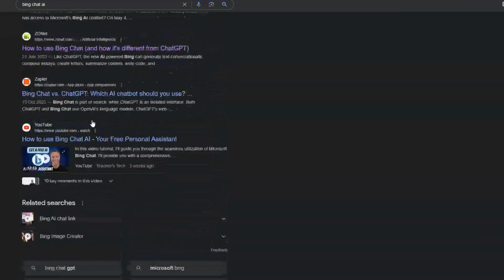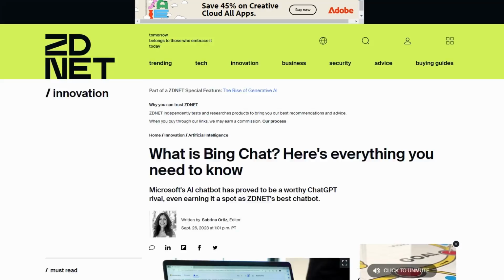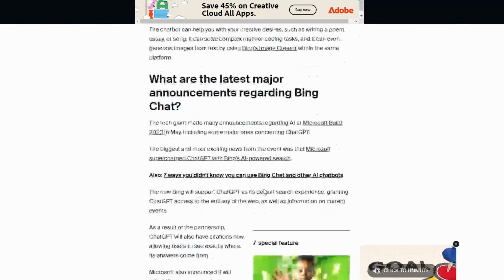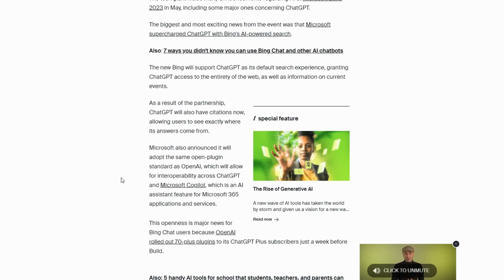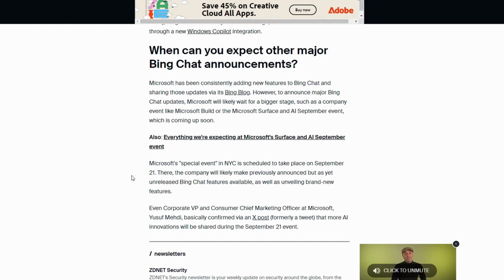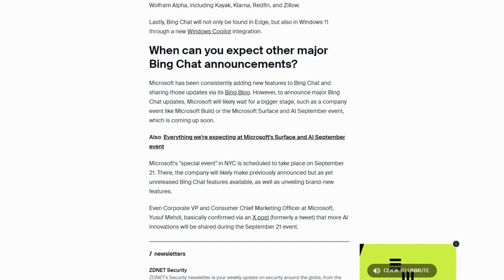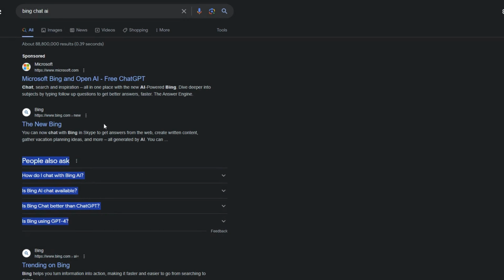And the next one I'm going to use is this very recent article by ZDNet. It was published on the 26th of September. We can take a look at this one here. It's not a massive article, but it's ranking really highly, and it's probably ranking for a few reasons. ZDNet's pretty popular, but also it's got a lot of really good information about Bing Chat, what it does, and how to get the most out of it. So we're going to take a note of both of our reference articles and also our People Also Asks.